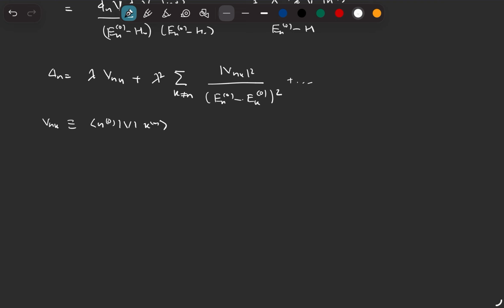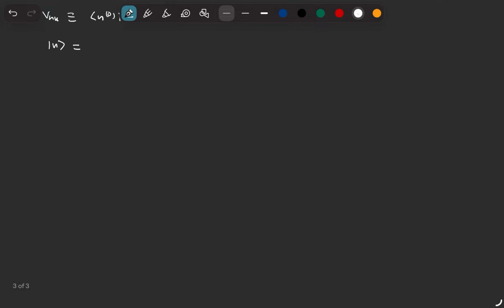And similarly, you can write your |n⟩ in terms of the unperturbed states as |n0⟩ plus lambda sum over k not equal to n |k0⟩ Vkn over (En0 minus Ek0)